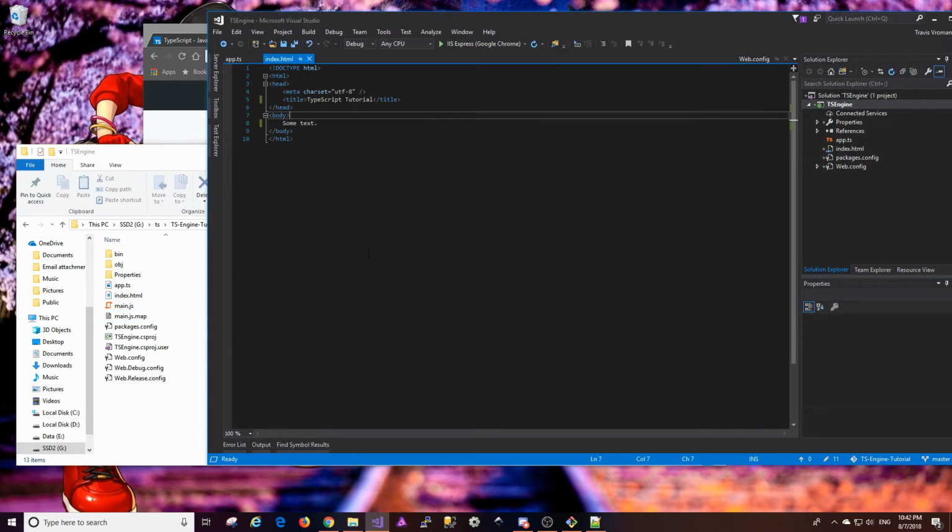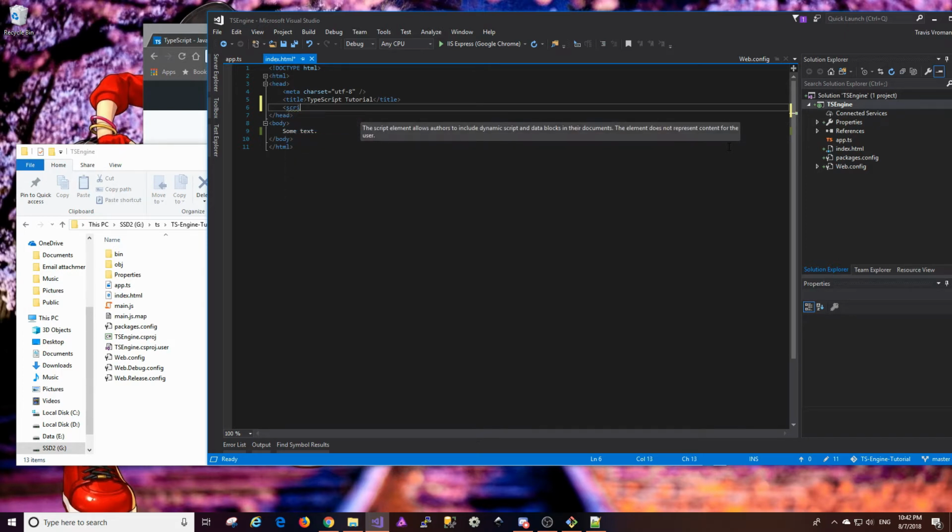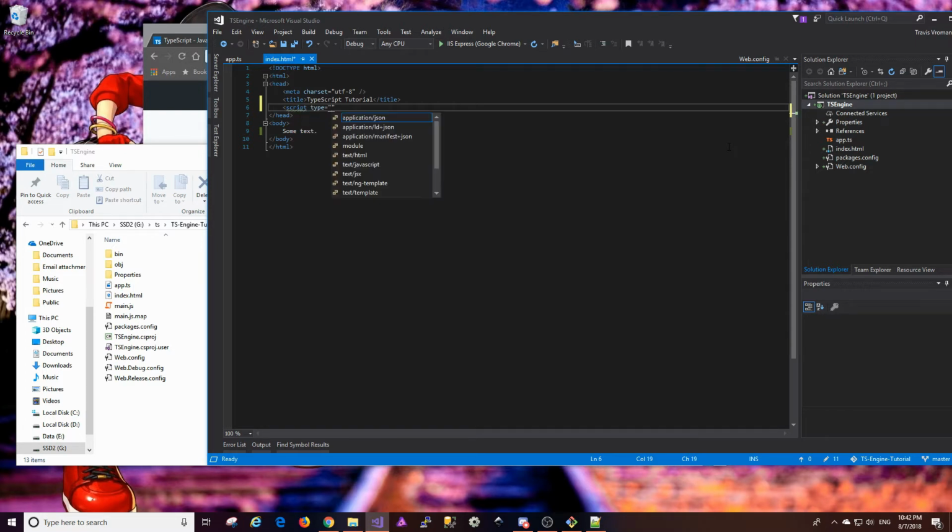Okay, so now that we have our main.js generated, that is going to be, as you may have guessed, the file that we're going to reference. So in our document header, what we want to do is add a script element, and we want to set its type to text/JavaScript, and we want to set the source equal to main.js. Okay? And what that's going to do is load up our generated JavaScript file when we launch the page. So if I go ahead and hit F5 to run this,